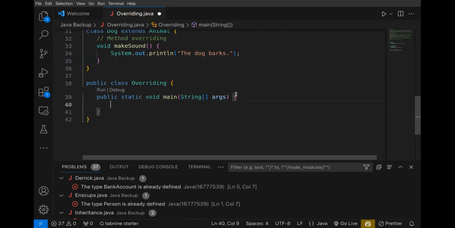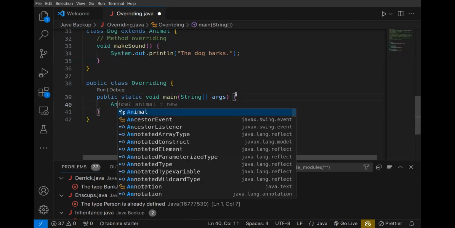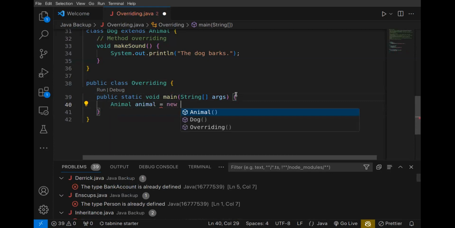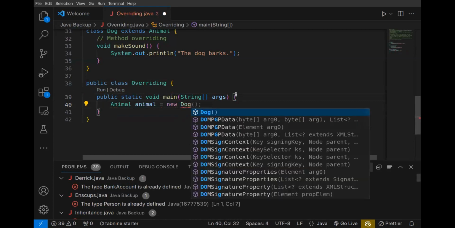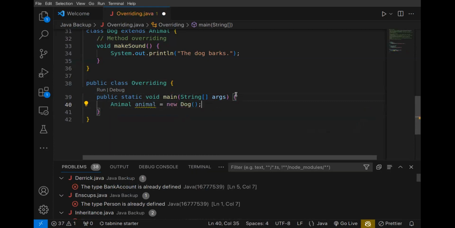So what we're going to say here is that we're going to use kind of a polymorphic assignment where we shall say animal new dog. Then what are we going to say? Polymorphic assignment. Then we shall say animal make sound. We don't actually have error with this source code,